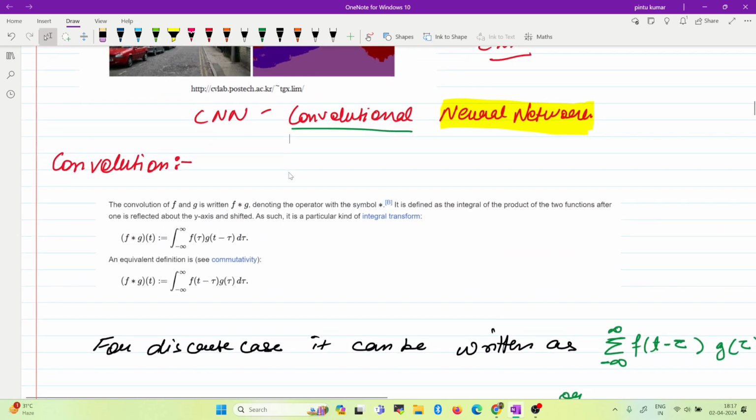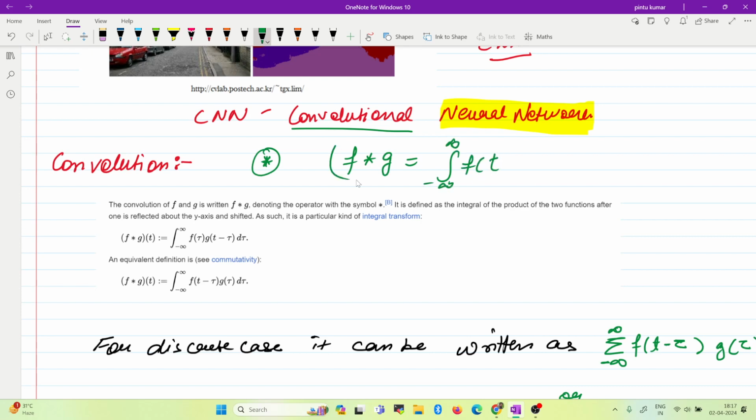So convolution is a mathematical operator that acts between two functions. This is the definition that I have copied and pasted straight from Wikipedia. It is generally represented by this star kind of symbol, and it acts between two functions and is given by integration from minus infinity to infinity. The output of this operator will again be a function. So f convolution g at that point t is given by f of t minus tau into g of tau